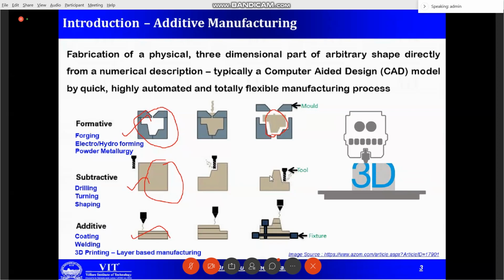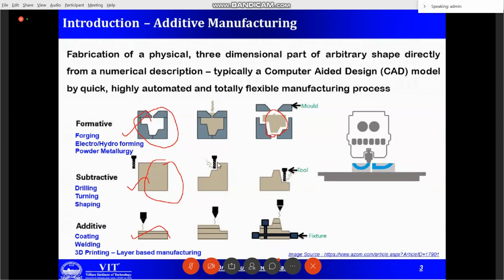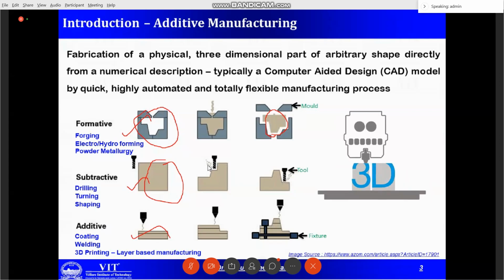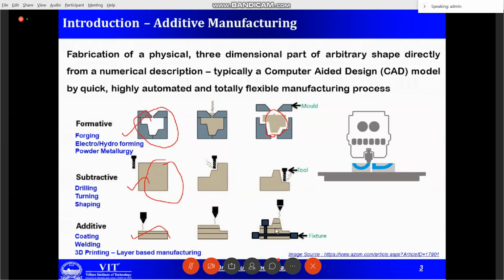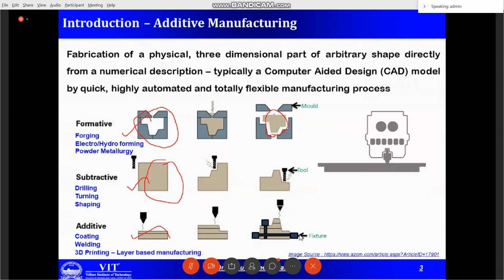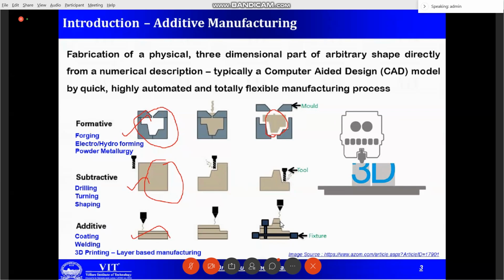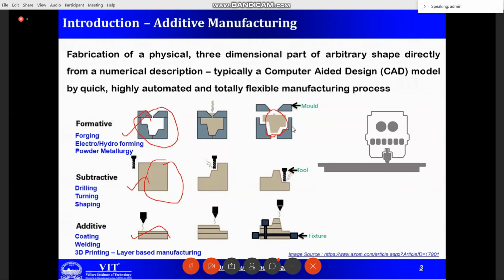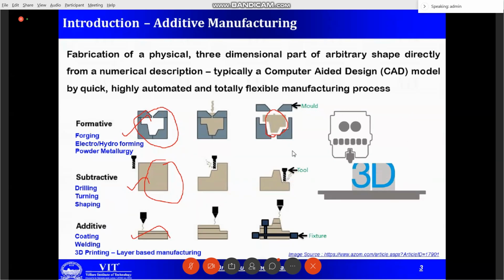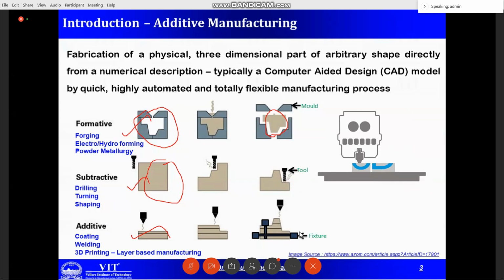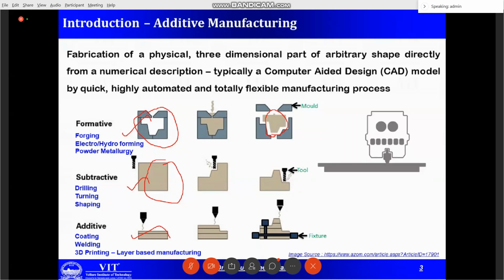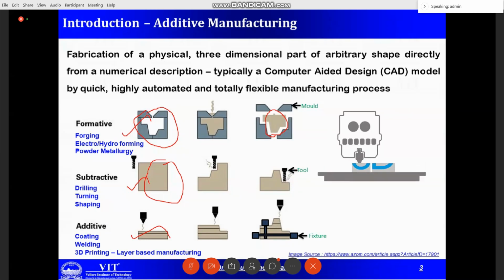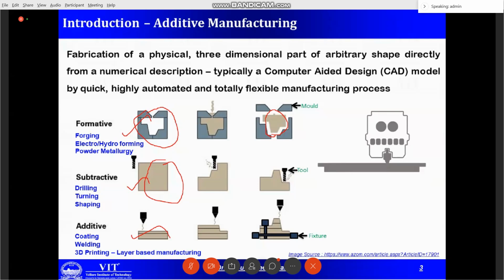If I change some design in the machining process, again I have to select an appropriate tool insert, and for that particular tool insert I have to optimize my process parameters. Similarly, in the adding process also, you have to select suitable jigs and fixtures. So in all the three processes, though the principle is different, all three require one common component called tool. The tool could be a mold, tool insert or fixture. Now, because of this tooling, if there is any change in design, you have to work again from the tool, which will delay your production time or your product development activity.